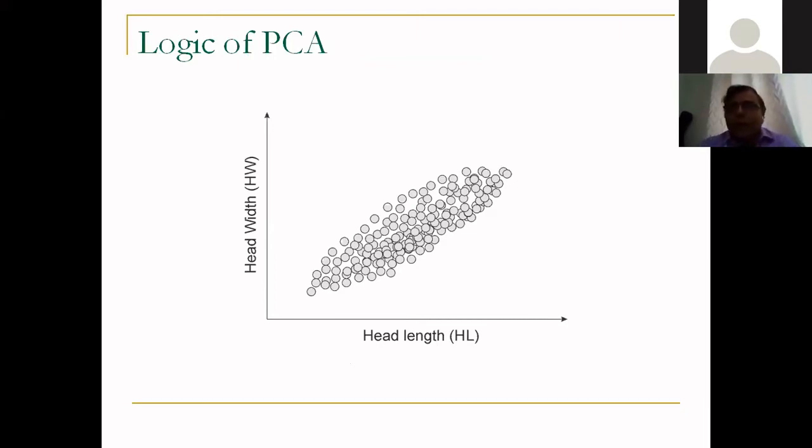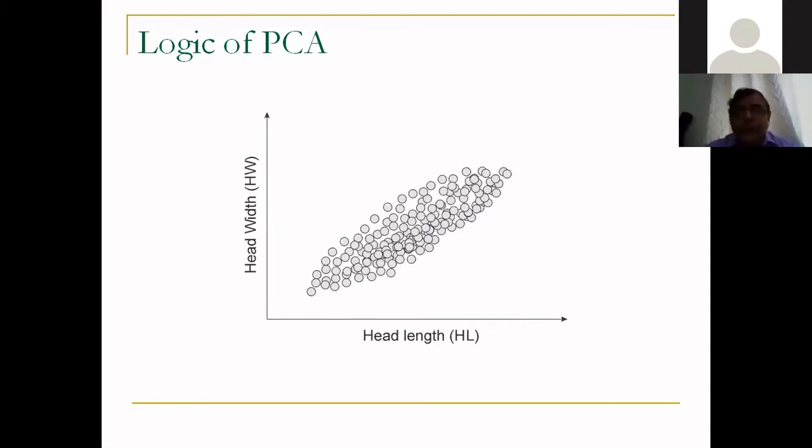What I'll try to do is explain the concept of PCA using this particular data, where I have head length on one side and head width on the other. When you have data like this, well, actually you don't need a PCA because there are only two variables and you can easily understand how the head length and head width are changing, right? You can see that as the head length is increasing, the head width is also increasing, and you have some kind of a linear relationship between them. So you actually don't need a multivariate technique. This data, you can just put into a nice scatter plot like this, and that is enough for you.